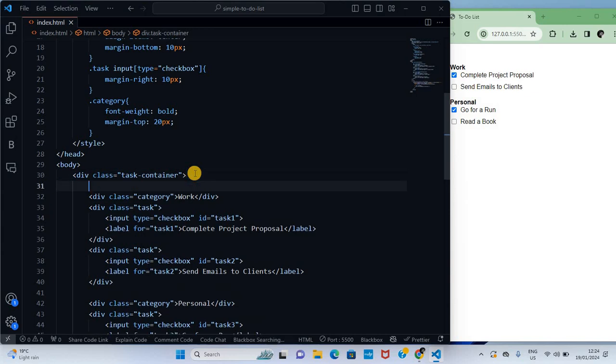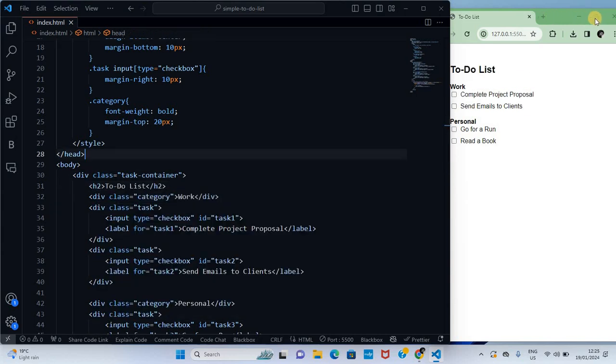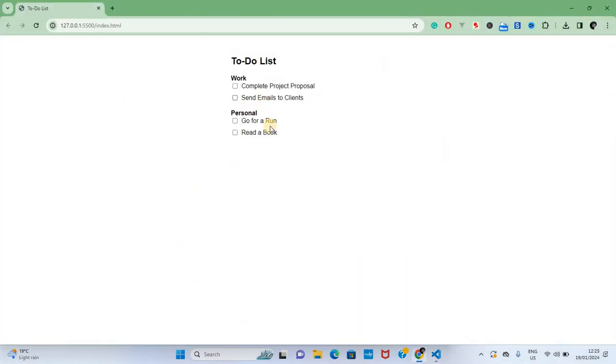So just below here, I'm going to add a heading and call it to-do list. And that is your to-do list. So when I open it in the browser, this is a simple to-do list, and you can add as many items